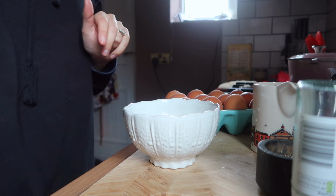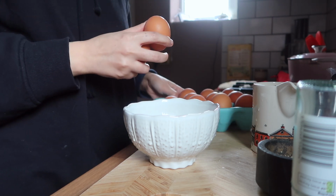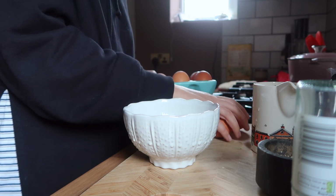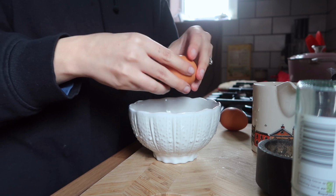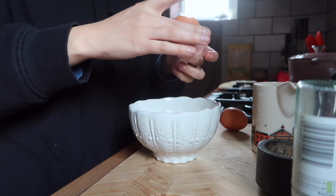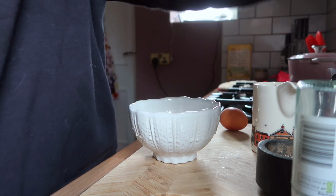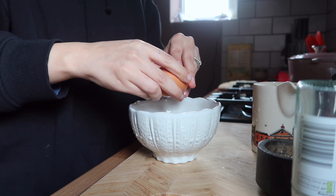It's absolutely fine for me. And I'm going to have 2 eggs, which I'm going to kind of do scrambled, so nice and simple. So I'm going to just put my eggs in here, and then I'm also going to add a tiny splash of milk, which I still have left over from this morning. I'm not going to add much, but I do think it adds a nice fluffy texture and a nice creaminess